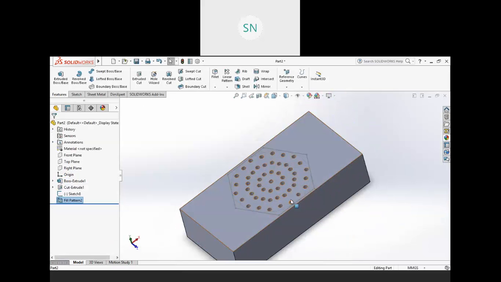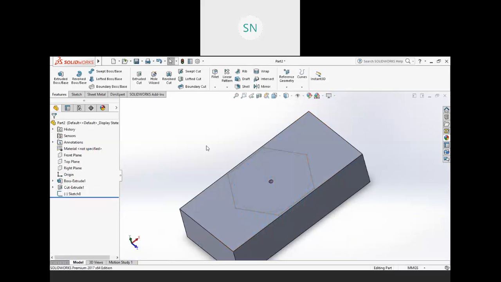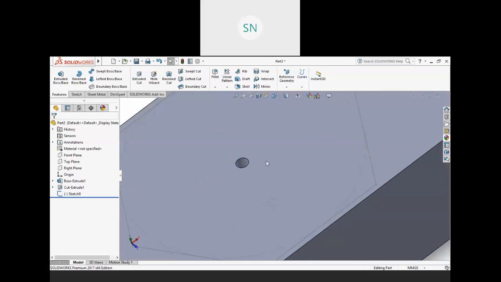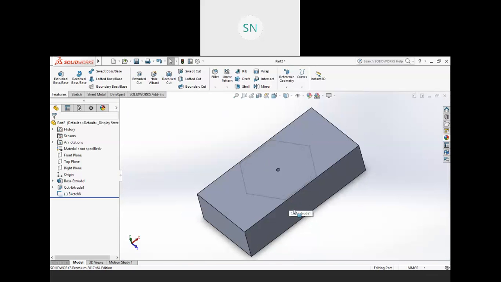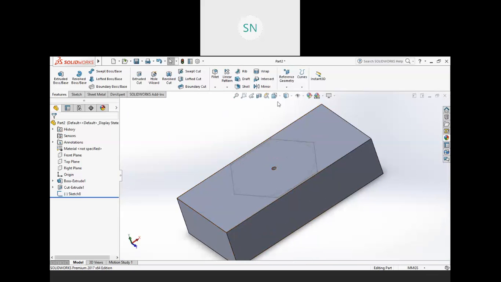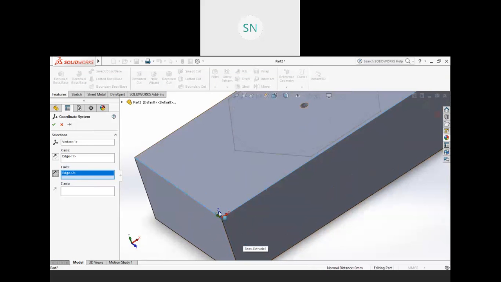In the table pattern, now let me discuss this table pattern. So for example, I want a copy of this hole at particular positions. So first place your coordinate system. Origin over here, X should be here and Y should be here, and it is fine.